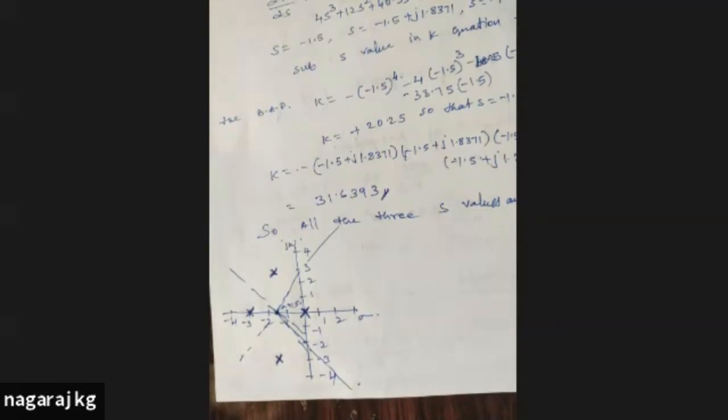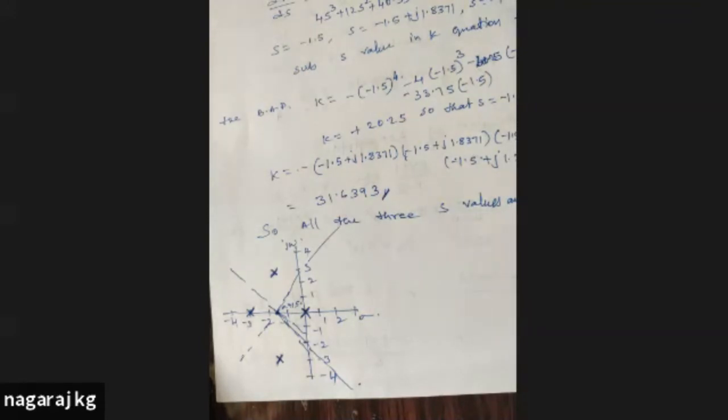This is the initial root locus part that I have drawn. I think all of you understood. If you have any doubts, you can raise your hand. I located 4 poles at s is equal to 0, at s is equal to minus 3, one pole at minus 1.5 plus j3, and another pole at minus 1.5 minus j3. These are the 4 poles I have located. Now you must know how this root locus will move.